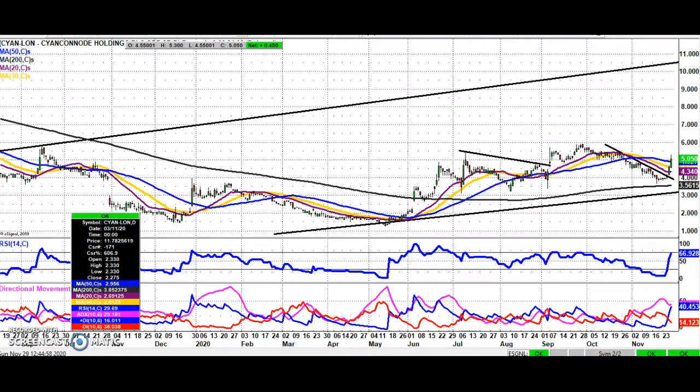Starting off at Cyanconnode, where we've had a second attempt at the upside here after the full storm that we saw at the beginning of September. That was disappointing to say the least, although there was a little bit of follow through towards 6p. Here we've broken the October resistance line at 4p, pushed through the 20 and 50-day moving averages, the latter on an end-of-week closed basis. So hopefully this time we'll head through 6p and even head up towards the best case